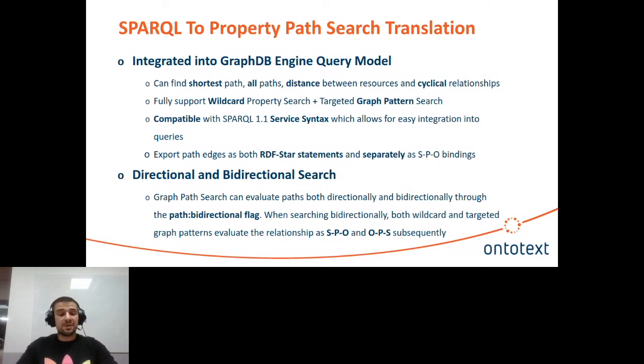And if the path bidirectional flag is set to true, it will evaluate bidirectionally as well, which is applicable to not just the wildcard property path search pattern, but also for the more targeted version, the graph pattern. When you specify the graph pattern, basically what happens is we do a union between the start and end nodes, and then we actually reverse the order in order to find bidirectional relationships using it, which allows a very robust and easy in-memory graph building, and for a very interesting